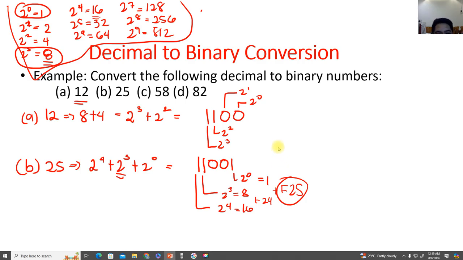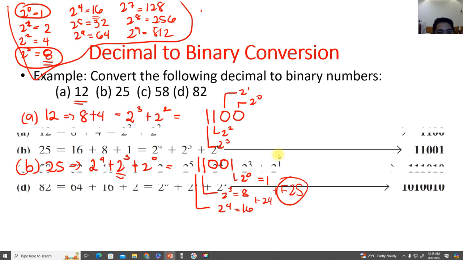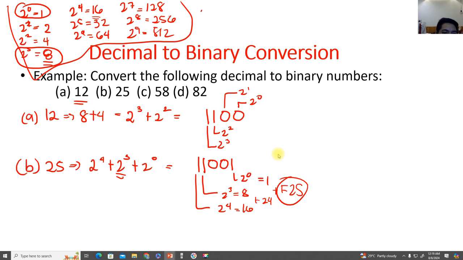The letter C and D. And I have an answer here, actually, in my PowerPoint. So you can take a screenshot of that. So, of course, that is the weighted method.